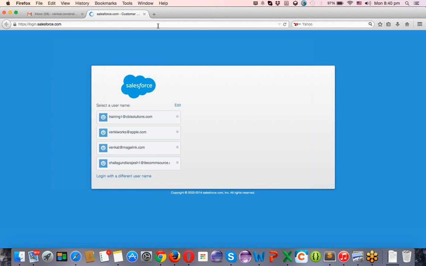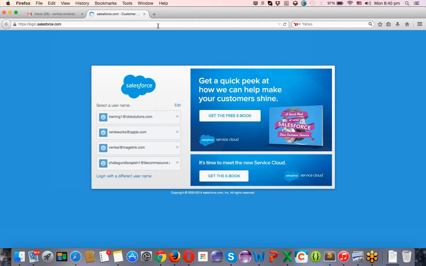Sorry? Can you tell me why are we using page layouts in Salesforce? Page layout? Yeah. We have discussed this in the previous class, right?